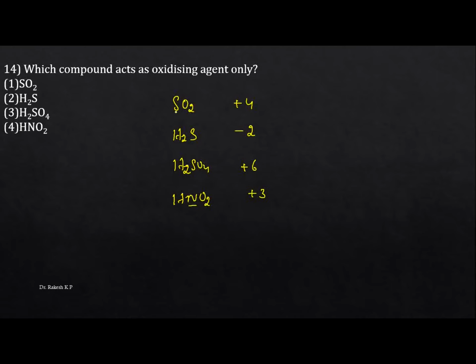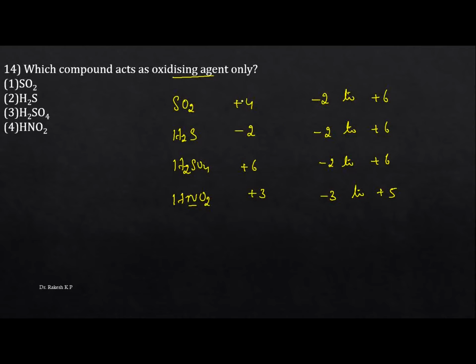See the particular element sulfur. Sulfur belongs to group 16 here. The most common oxidation states lie between -2 to +6. Here also sulfur is -2 to +6, and it is also -2 to +6. But here the group 15 element, the most common will be -3, +3, and +5, that lies between -3 to +5. Oxidizing agent means what? The agent which decreases its oxidation number, or the agent which increases the oxidation number of the other element. So you just identify here.